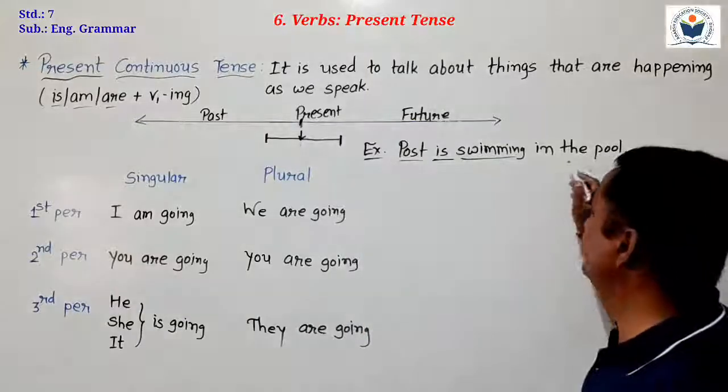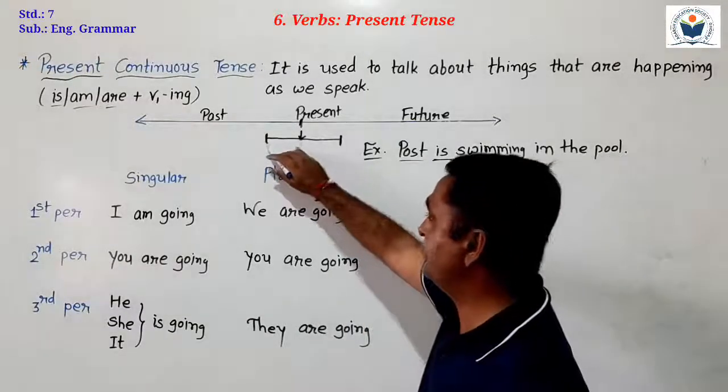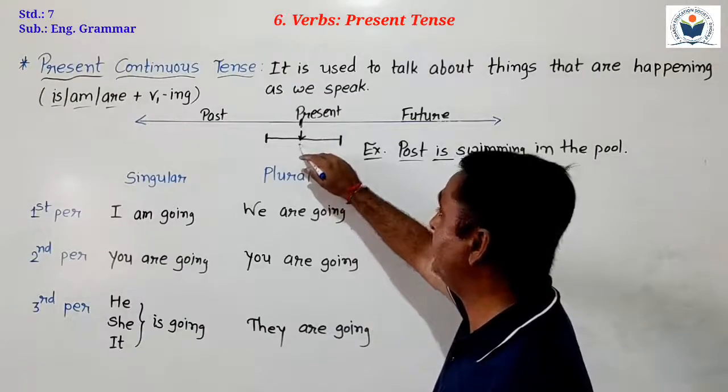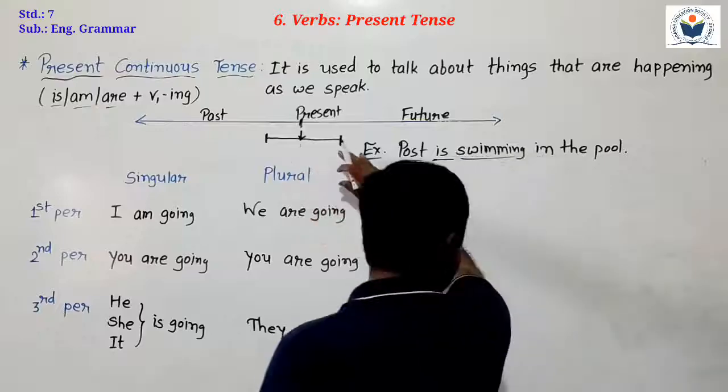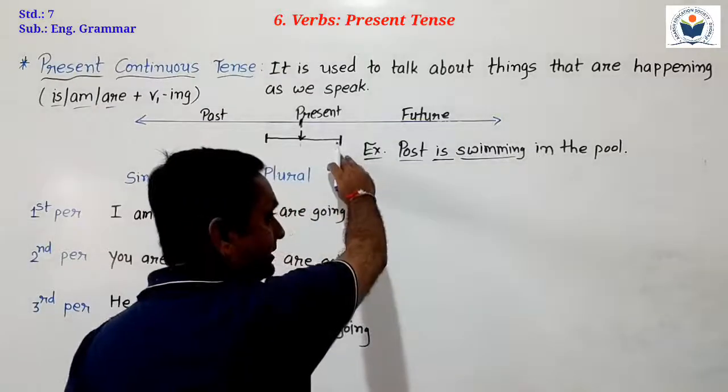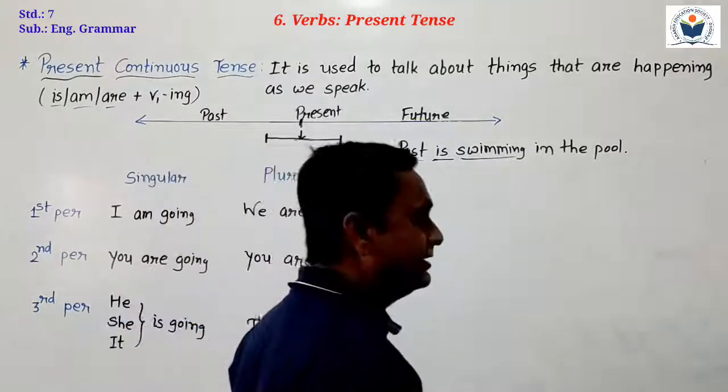With this example we can understand about it. Past में start हुई है, आप बोल रहे हैं अभी start है, और future में भी start हो सकती है. So it is known as a present continuous tense structure.